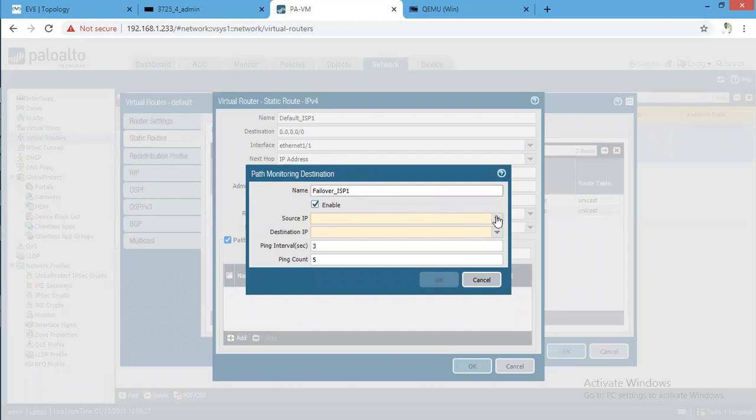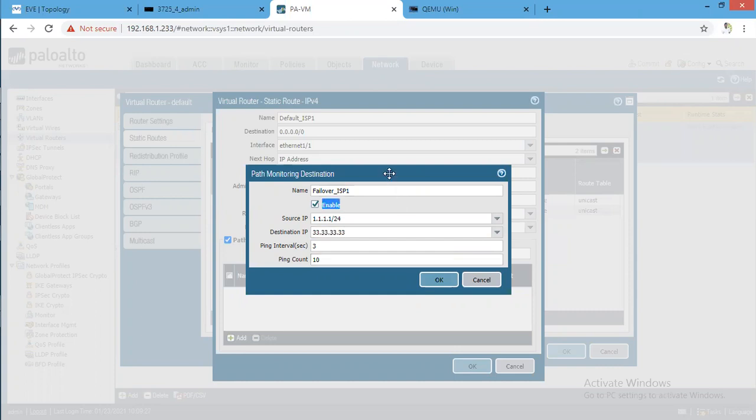So we will use ISP1's IP address as the source, and the destination IP will be 33.33.33.33. And I will use a ping count of 10.